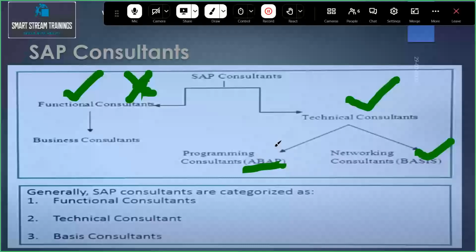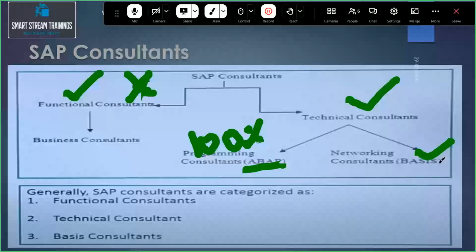It is the coding part, 100% coding. The complete object is developed by coding only. Who develops it? ABAPers. We call these consultants ABAPers, or ABAP technical consultants.